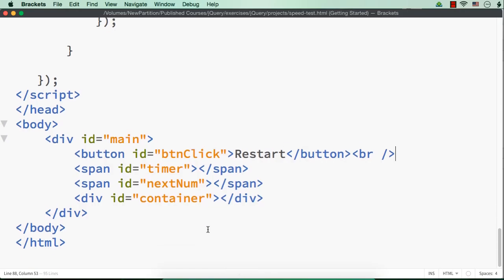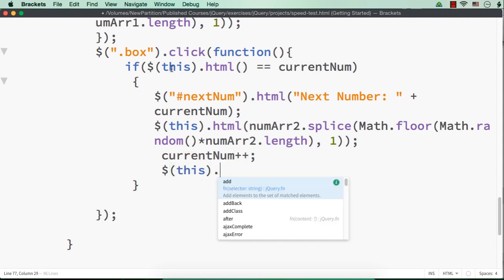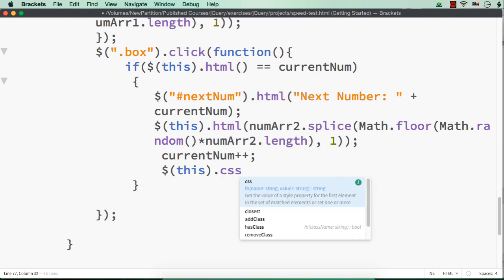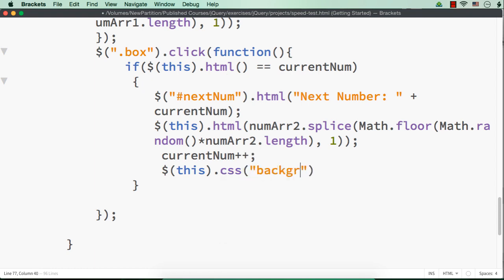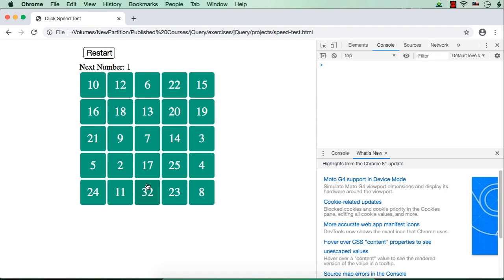So here, after incrementing the value, let me specify $this, that is the currently clicked div element, dot css background, as I have already selected a slightly different shade of green. Let me paste it here and check it. Let me save this, let me refresh, 1. See, a slightly different color is displayed as the background color.